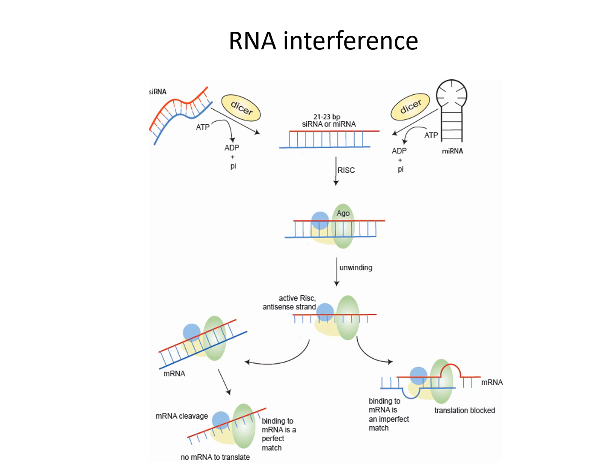Dicer is one of the RNA's three endonucleases. It takes the larger double-strand RNA and cuts it to its characteristic small size, leaving a two-nucleotide-long 3' overhang. Once the RNA is cleaved, it is passed to a protein complex called the RNA-induced silencing complex, RISC. Both microRNA and siRNA can be cut by Dicer to the 21 to 23 base pair long siRNA or microRNA, and then the RISC will